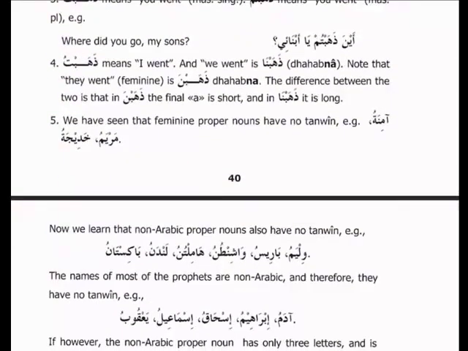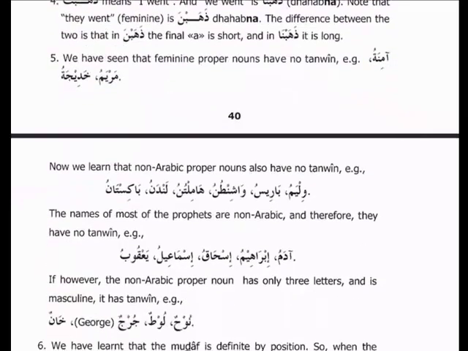We have seen the feminine proper names, Aminatu, Maryamu, Khadijatu. These feminine proper nouns have no tanween on them because they are ghair munsarif isms. Ghair munsarif isms don't have tanween on them. They only have one haraka. Okay. What are the other categories of ghair munsarif ism? One is the feminine nouns are ghair munsarif. Then